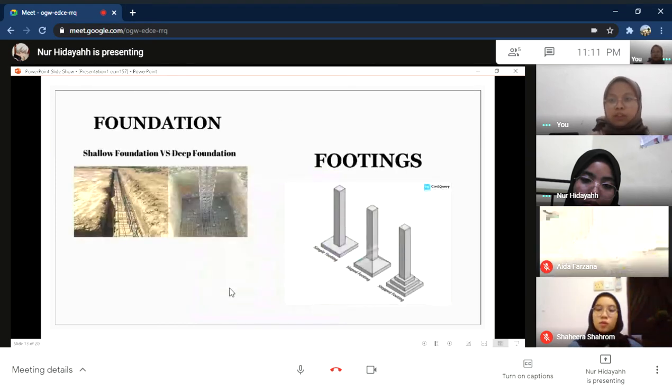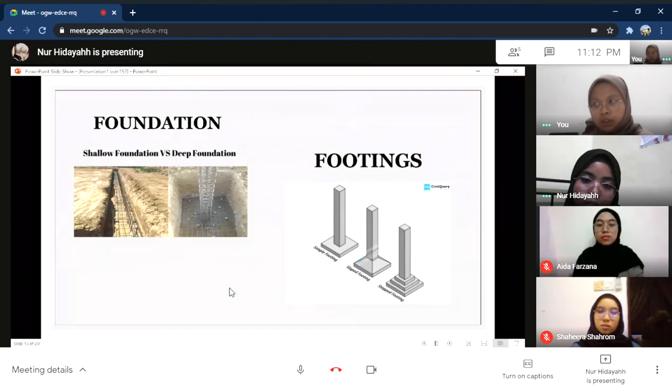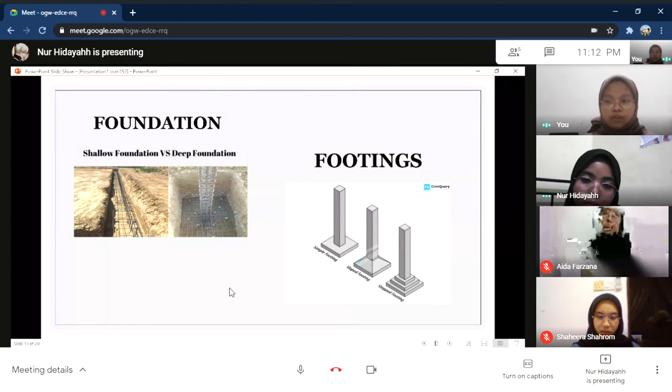The first one is foundation. We have two types of foundation, which are shallow foundation and deep foundation. The shallow foundation is a type of foundation which is very near to the ground. This type of foundation will usually be used for single-level buildings such as a pharmacy building and